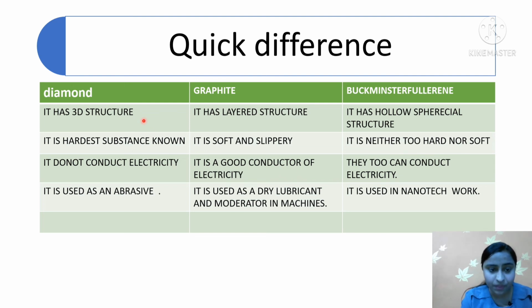Okay, what are their uses? Diamond is used as an abrasive, whereas graphite is used as a dry lubricant and as a moderator, and Buckminster fullerene is used in